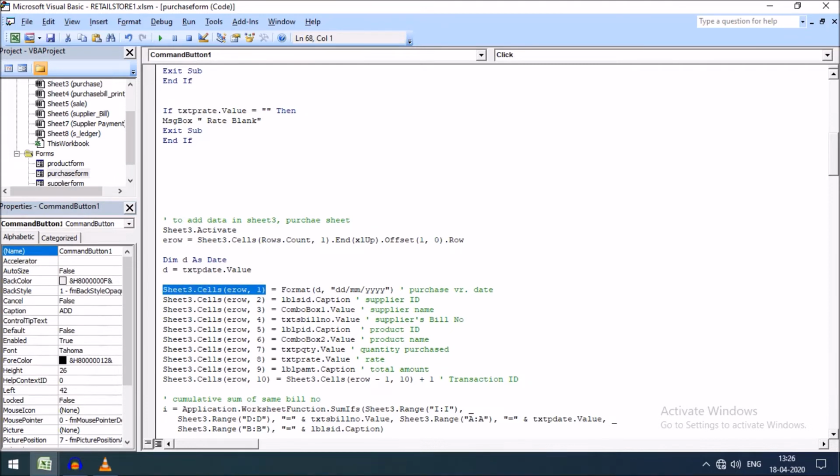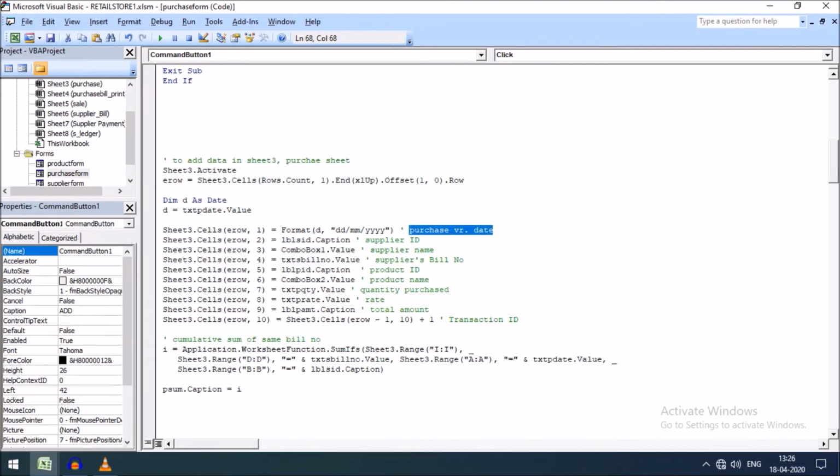Here eRow means the first blank row. It will be the first column of the immediate blank row, where the purchase voucher date will be displayed.